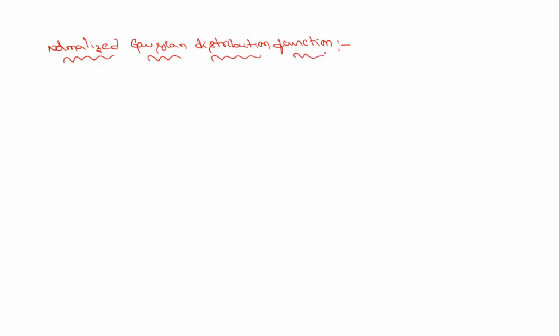So already we have the Gaussian distribution function. And how do we get this normalized Gaussian distribution function? If the Gaussian distribution function has the mean value a_x equal to 0 and the standard deviation sigma_x equal to 1, then